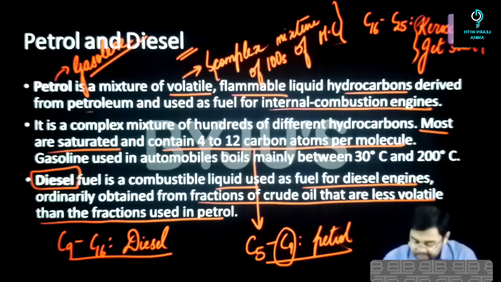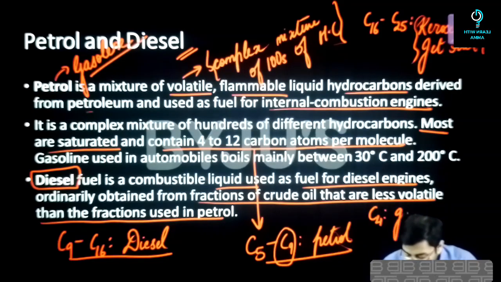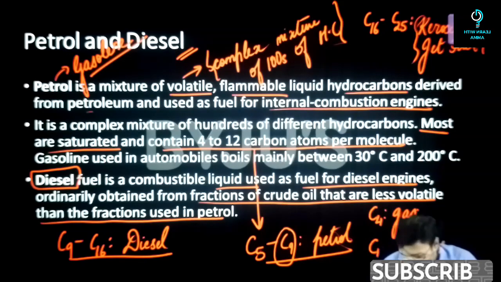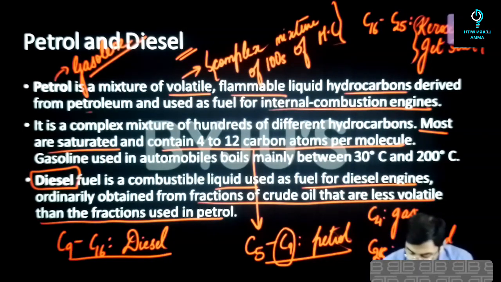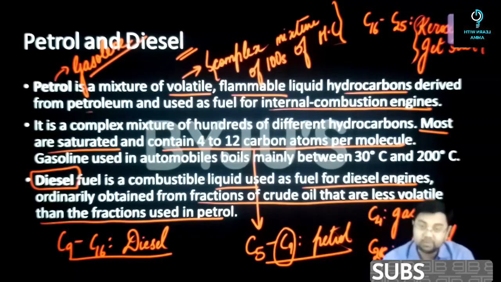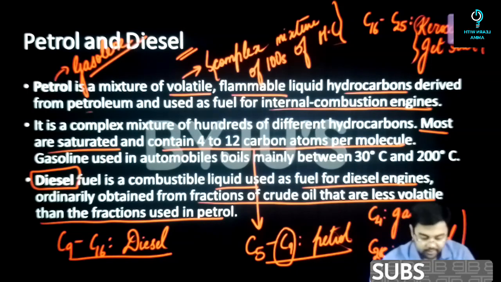So basically what happens is, if the number of carbon atoms in the carbon chain is up to 4, then it would be a gas. Then up to 16, it will be a liquid. Up to 25, it will be a liquid, or it will start becoming semi-solid, and above 25 you have semi-solid, and above 35 you have solid. So this is what would happen for a given hydrocarbon.